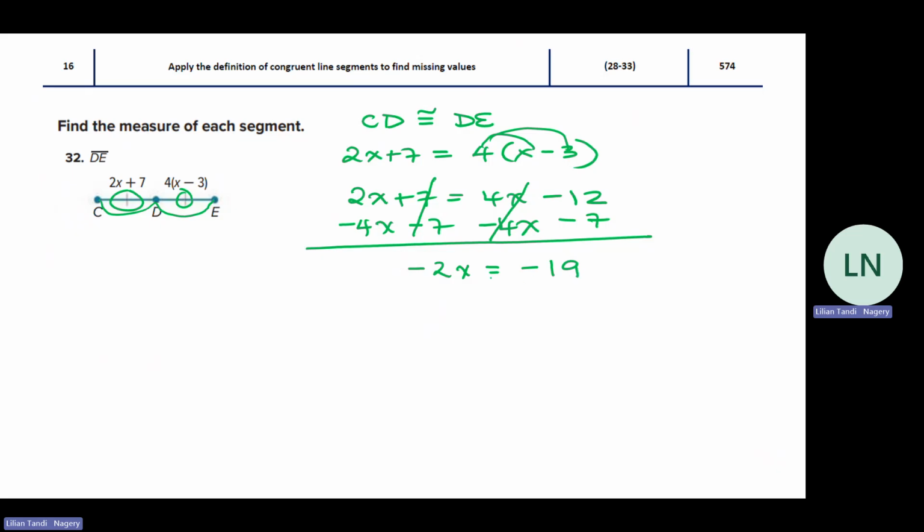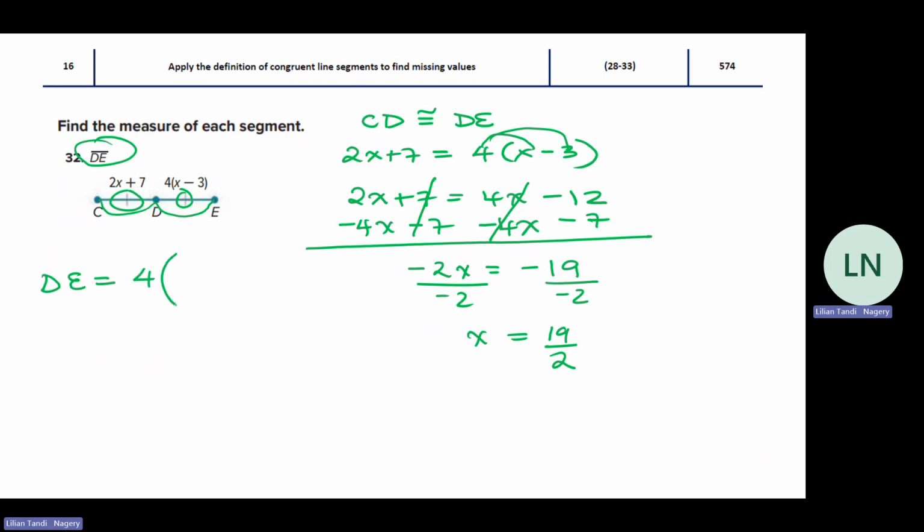Okay. And then you will divide both sides by negative 2. And you get x equals to 19 out of 2. Then the question wants DE. It does not want x. x is going to help you to get DE. So then you have to continue doing DE equals